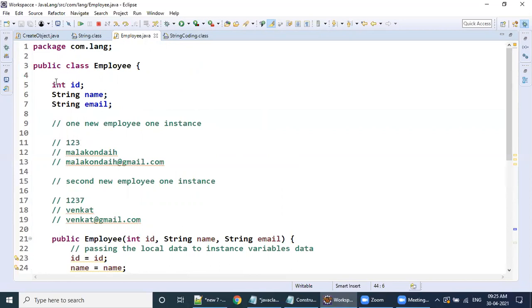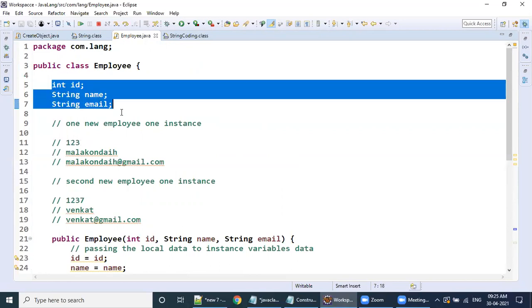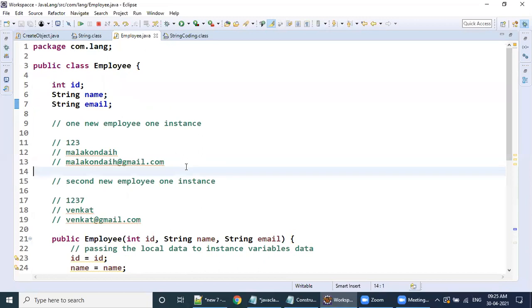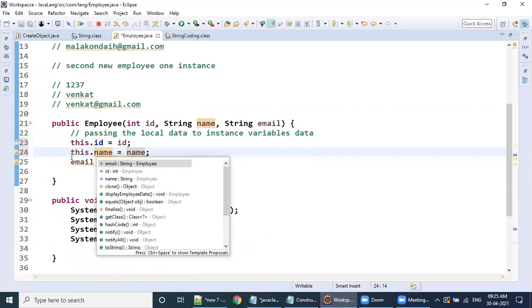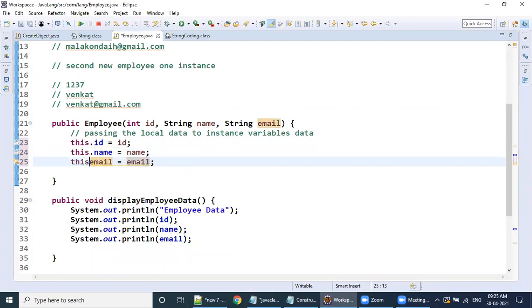Meaning we have the scope to access them anywhere inside a Java class. Any doubt? Okay, we can say these are the global variables. That's why the this keyword is mandatory when your local variables and instance variables are the same. If you want to differentiate these two, you take the help of this.